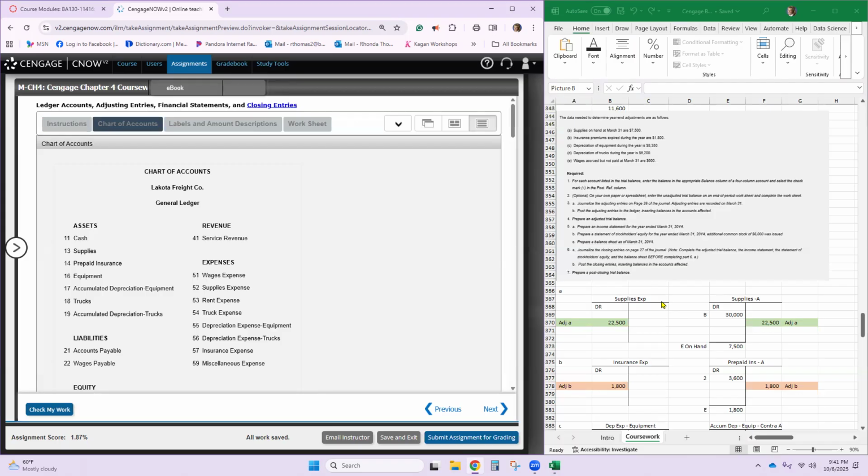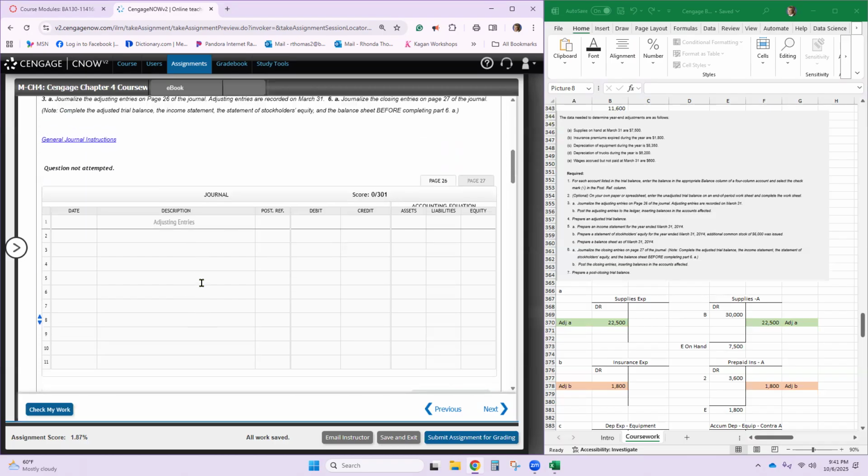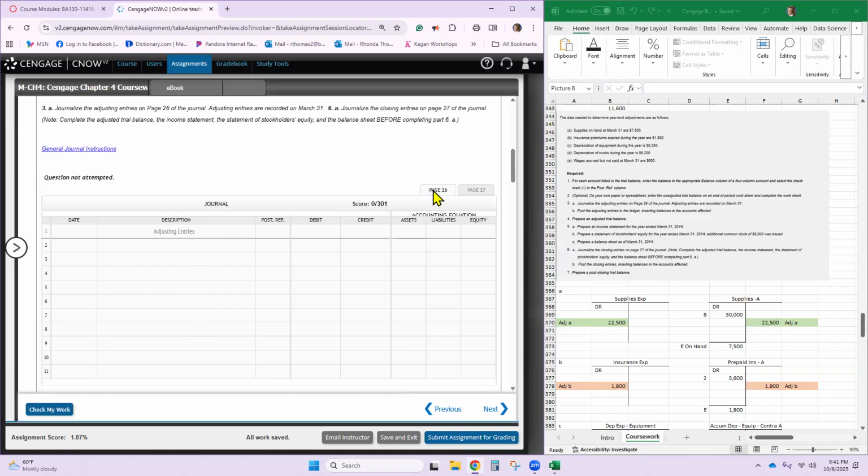On the balance sheet side, it's either making an asset go up or down, or a liability go up or down. So now you want your journal. Notice our journal has page 26 and page 27. Page 26 is for adjusting entries that we're getting ready to do. So the first one is